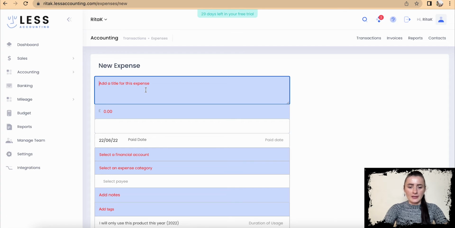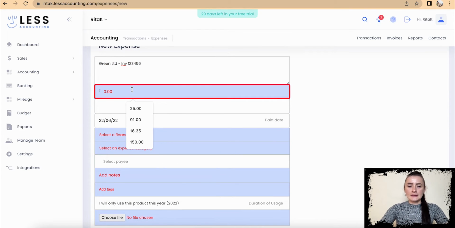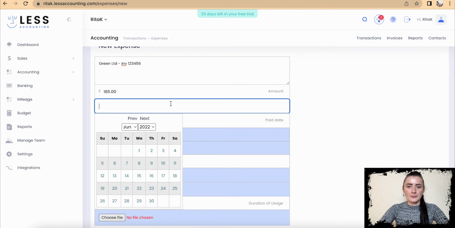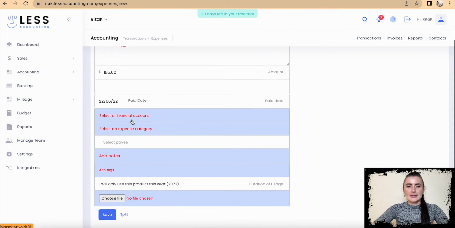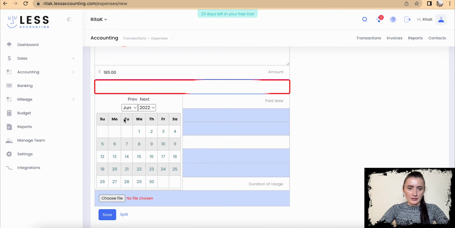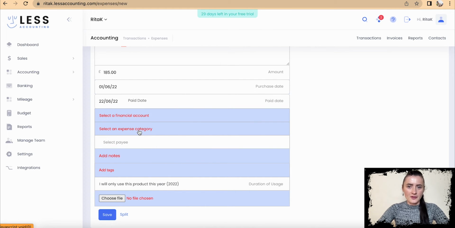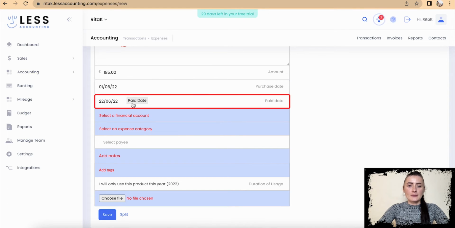invoice number, so I will have, for example, Green Limited and invoice 123456 in my case, and I can add an amount. So for example, I have £185 as an amount, and I can select invoice date. So for example, it was 1st, purchase date is changing there,